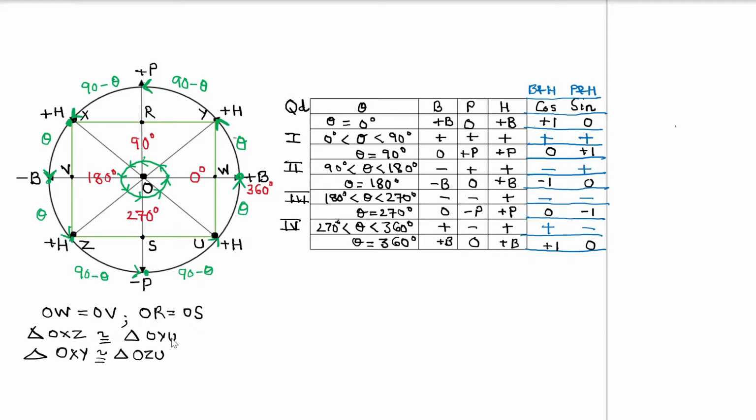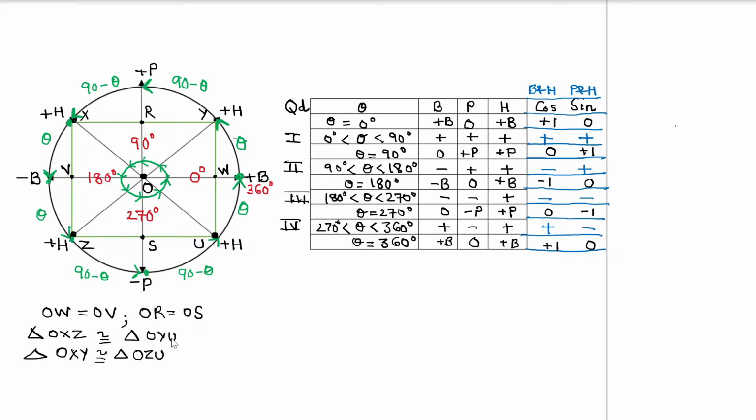Then we are talking about the minus side of the x-axis, which is minus B, which is common to the second and the third quadrant, on which we have the value of theta being equal to 180 degrees, which we can call a straight line. So when we say that theta is equal to 0 degrees, that means it is a mere point that you have made. When you say theta is between 0 degrees to 90 degrees, that means we are talking about an acute angle. When theta is equal to 90 degrees, that means we are talking about the positive hand of the y-axis.